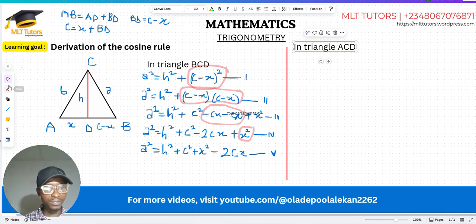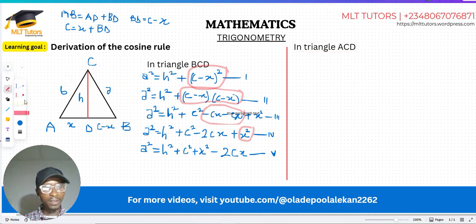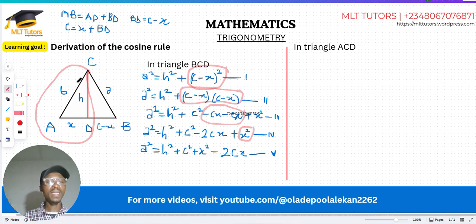And here is our triangle ACD. In triangle ACD, we are also applying Pythagoras theorem. Here the longest side is line AC, which is equal to b. So applying Pythagoras theorem in triangle ACD, we have b squared